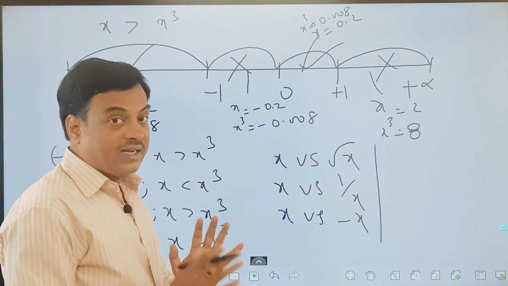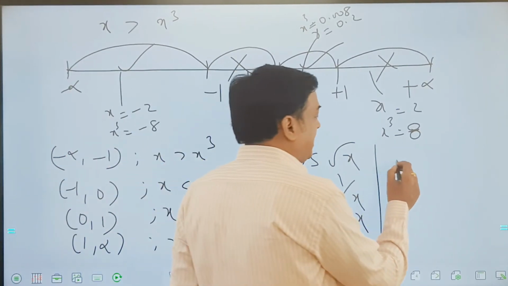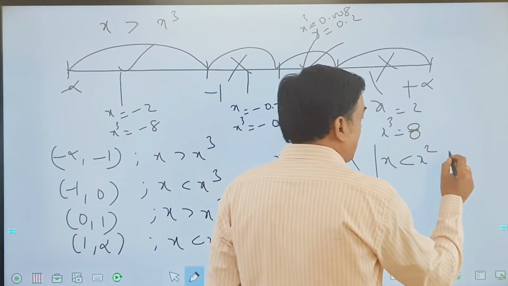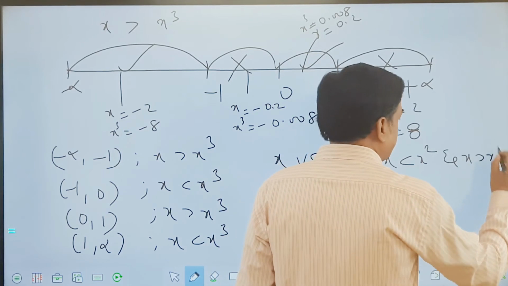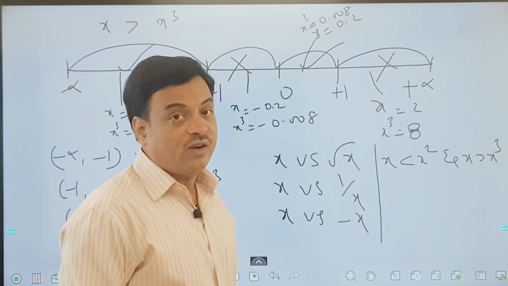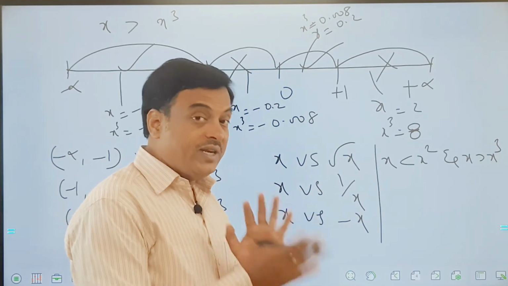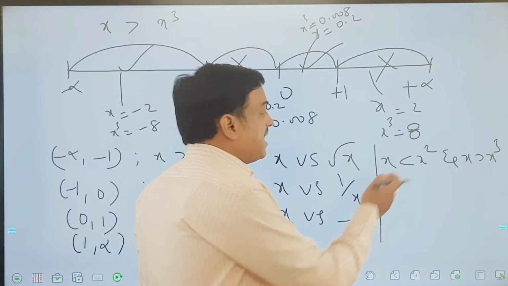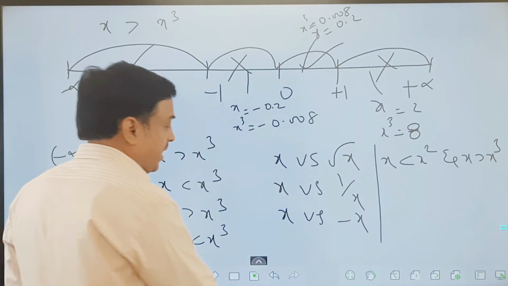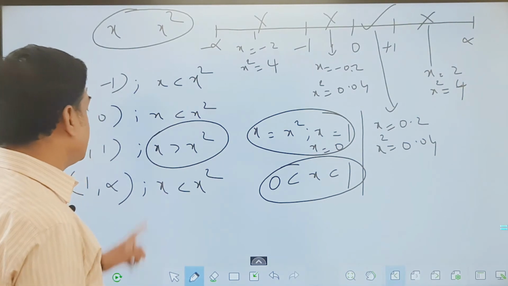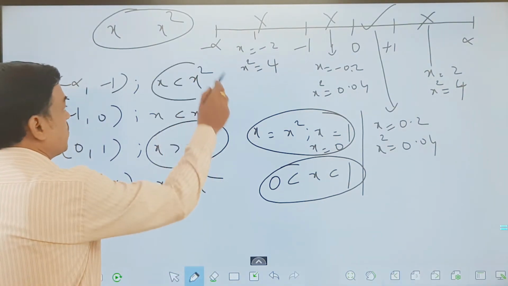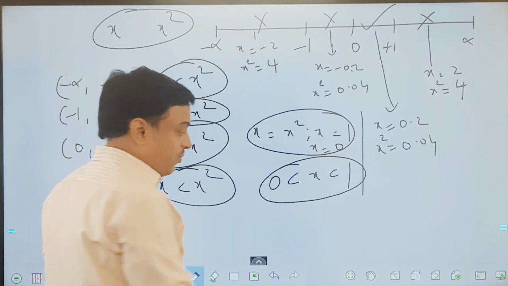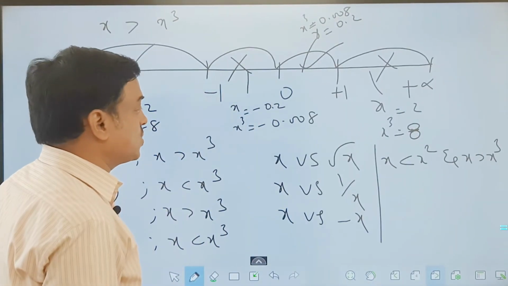And you can also practice multiple conditions where I'll find exactly x less than x square and also x greater than x cube kind of conditions. In which range do we have any particular range which can satisfy both is the point. Is that clear, all of you? So let us answer this question. x less than x square. If you see the previous slide, where is x less than x square? x is less than x square in the first, second and fourth range.